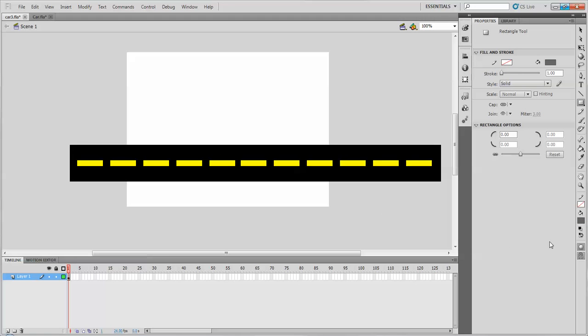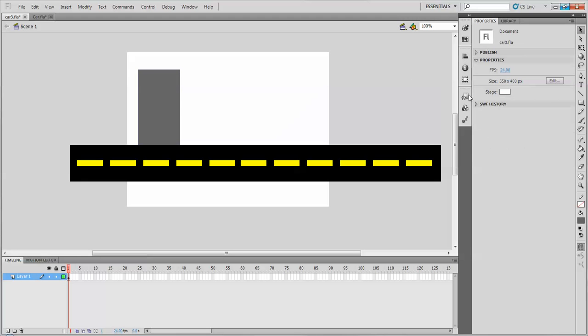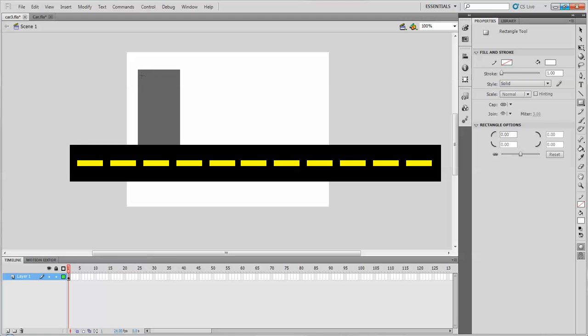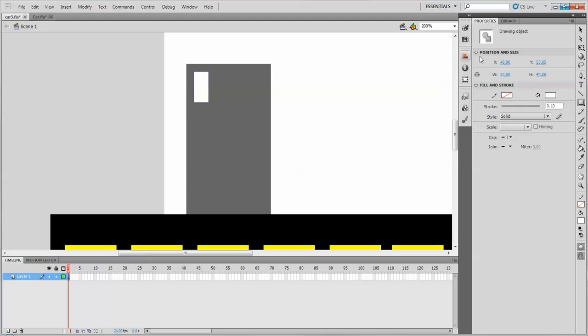So I'm going to stay in object mode because my building's probably going to have some windows that are going to be some white rectangles. So let me select white, and I'll just draw a little rectangle in here. Zoom out, zoom in just a little bit. So I can do the same thing I did before. So I'll select this, hold down Alt and Shift, move it over,